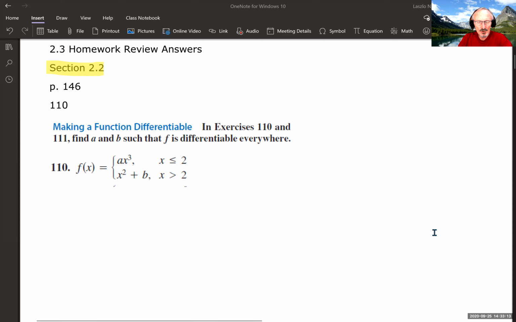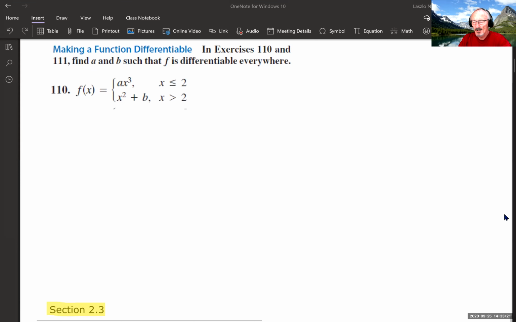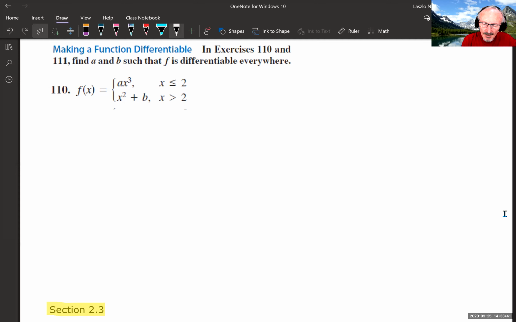This is from section 2.2, and this is a common question, and it is one that students sometimes fail to address appropriately with the proper mathematical notation and the required information. So let's take a look at it, and let's see what we're looking for. We're finding a and b such that f of x is differentiable everywhere. Okay, so the partition takes place here at, let's see,